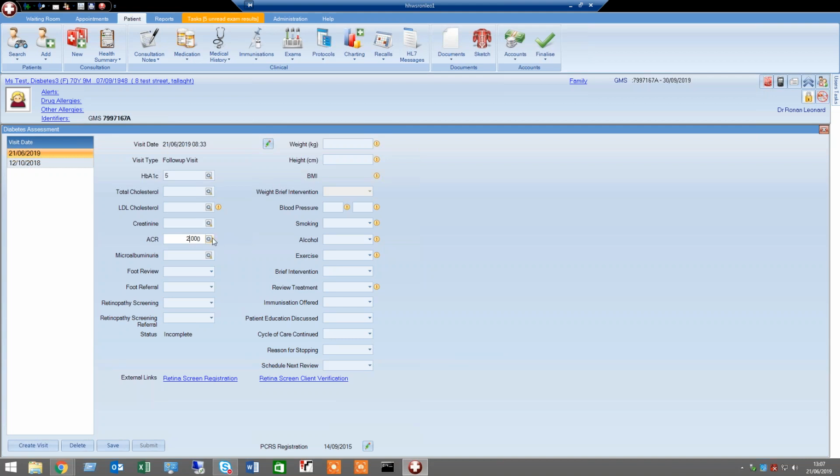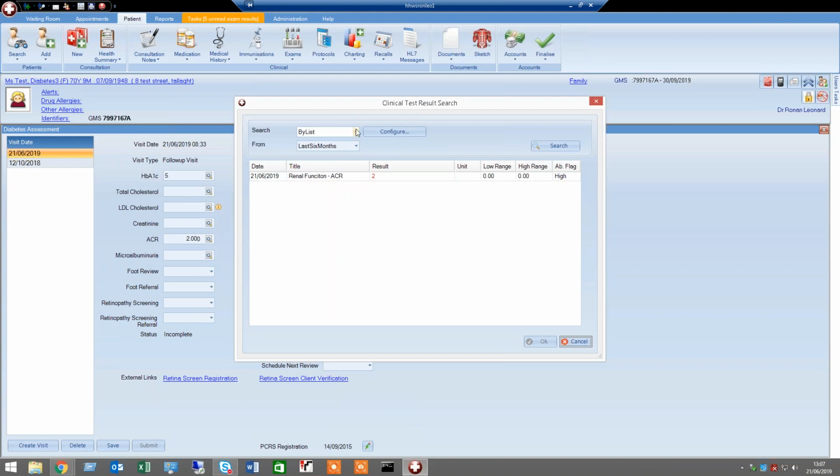Okay. So the other side of the coin here is, say somebody maps this. Now I'm not too au fait with the medical situation, but I know that there can be some labs which are very similar, but they're actually not the same thing. So somebody in the surgery could have performed the mapping here, but mapped it incorrectly. So the second half of this feature is, if I click on this magnifying glass again, and search by list, leave it at by list, if I click on the configure button here,